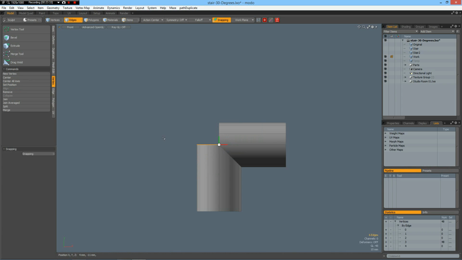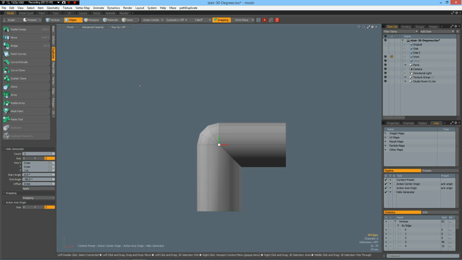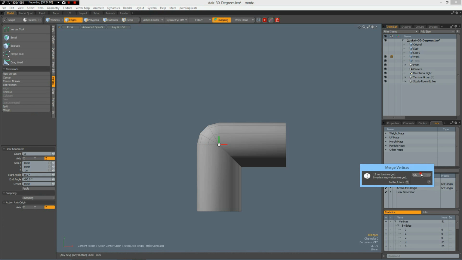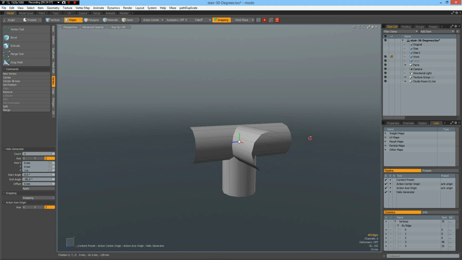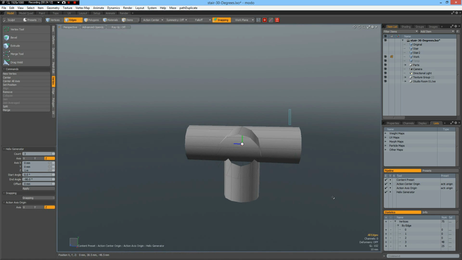and now we can go to duplicate, radial sweep, count of 3 around Z, -90, I think that's okay, yes, and now we can go to vertex, merge, fixed, and 12 have merged, yes, looks okay. Now U for unhide, and bring back our horizontal one. Now I select these edges and